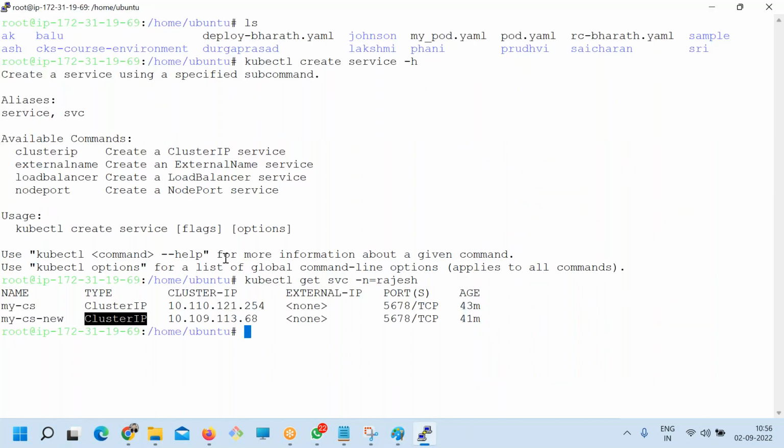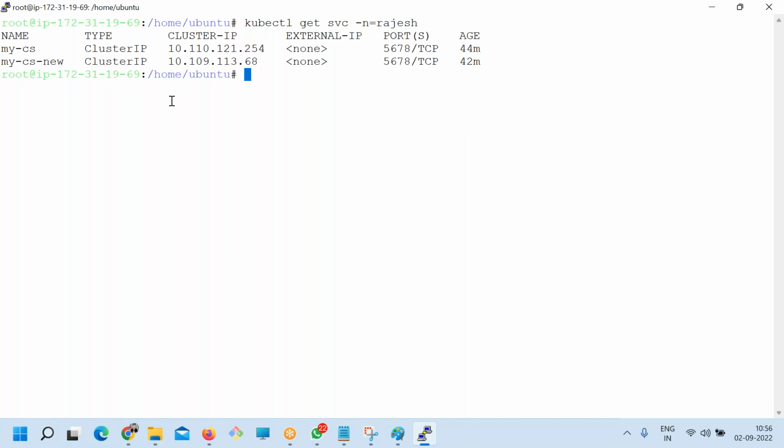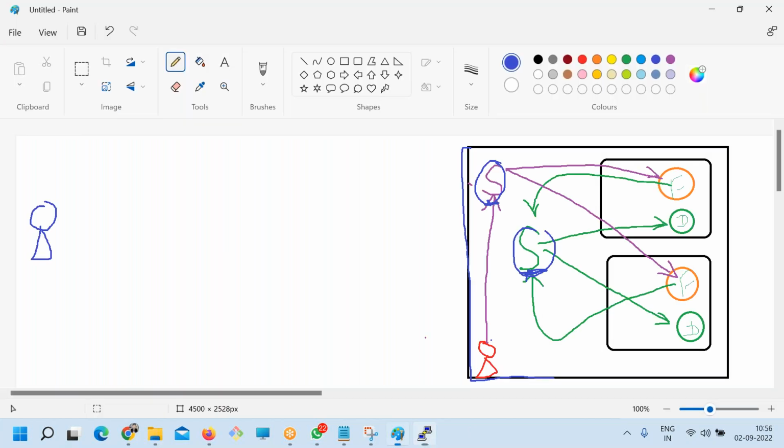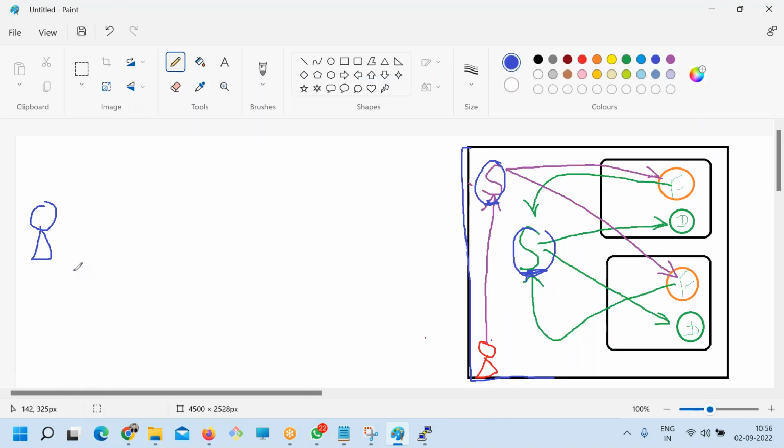Now, what is this type which is node port? You should give me the answer, okay? So this guy is okay. This guy is happy because he can access that service directly.